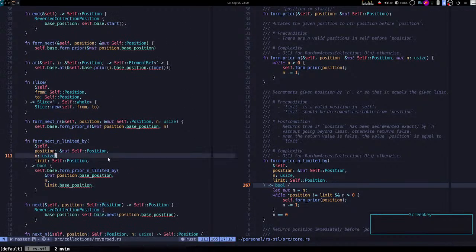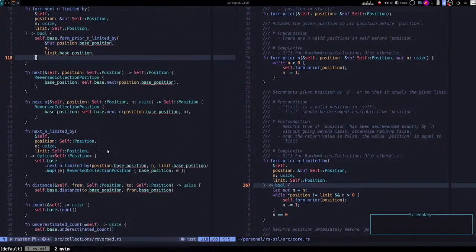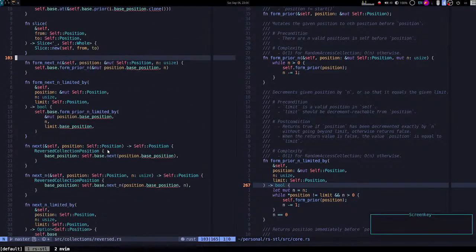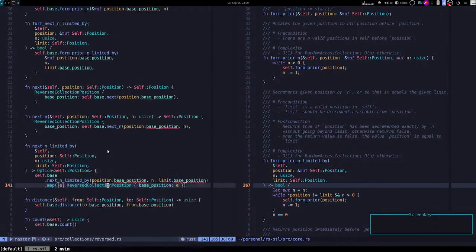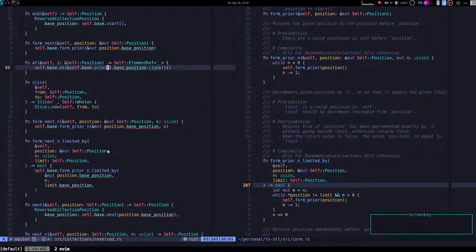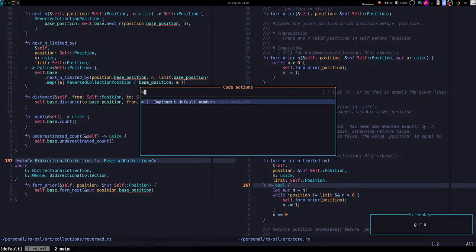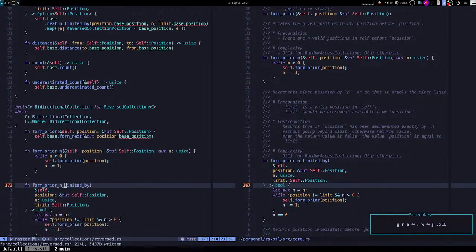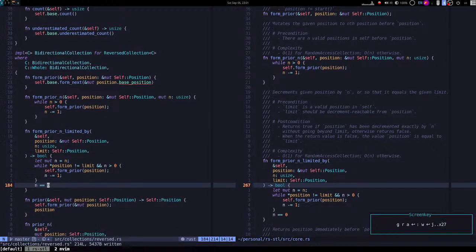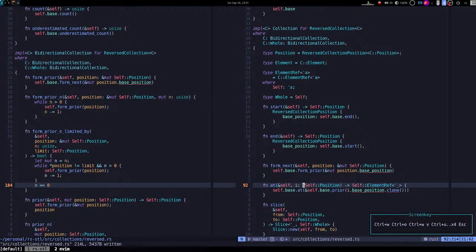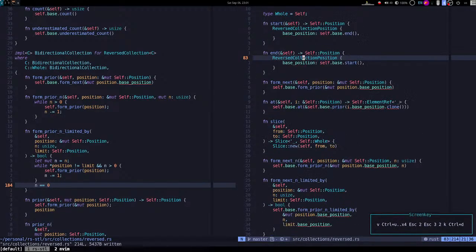Whoa, watch it. It's a lot. It's a lot. You have to do a lot to make these things working, right? Okay, nice. Let's go more. Should I implement default members for the same? So again, from prior and all these things. Oh, this is just a lot, man. One thing I would love to do, but before that, let me do